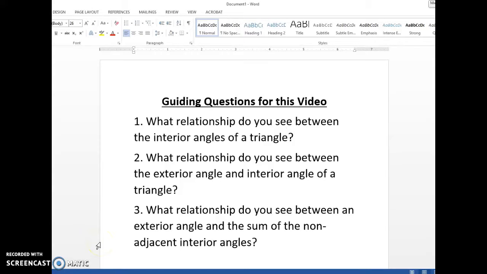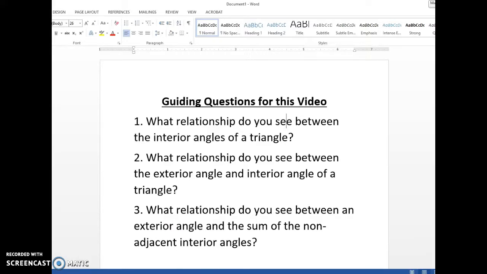While watching this video, I want you to consider these guiding questions as we talk. Number one, what relationship do you see between the interior angles of a triangle? Number two, what relationship do you see between the exterior angle and the interior angle of a triangle? And lastly, number three, what relationship do you see between an exterior angle and the sum of the non-adjacent interior